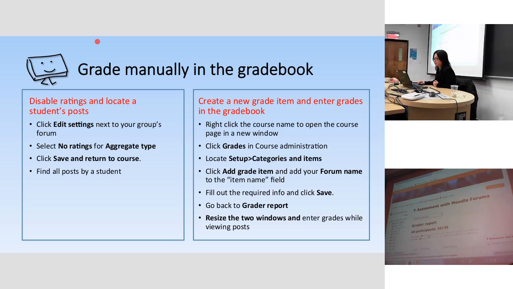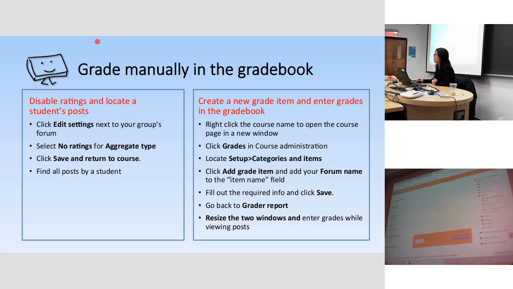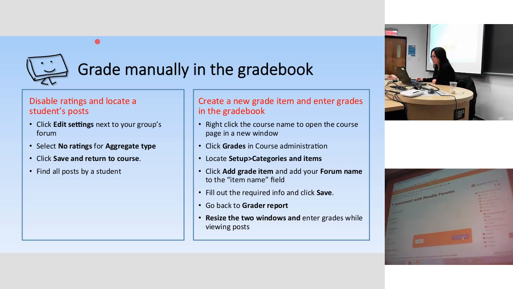Categories and items. And here, if you scroll down, you can see add grade item. Okay, let's click. So we need to have a name. We name it with your forum name. It's good, so we know this is the grades for your forum. Okay, so let's say, I'll just say forum grades. Just give it a name, it's okay. Now, when I save changes,